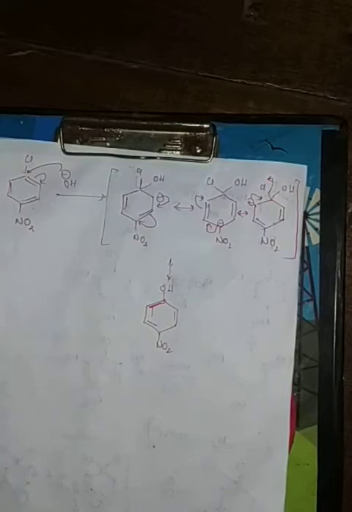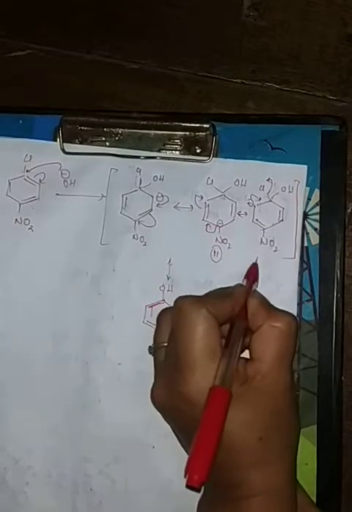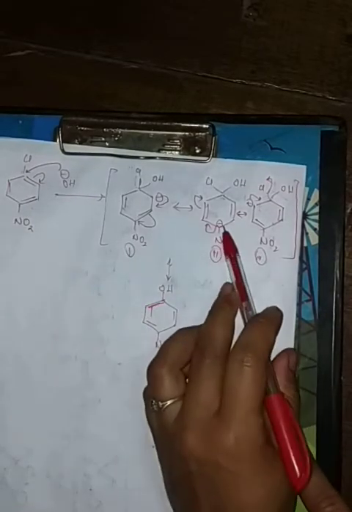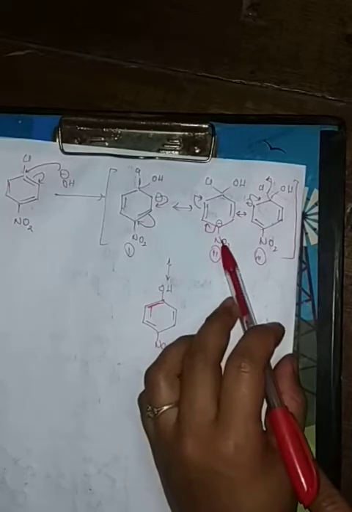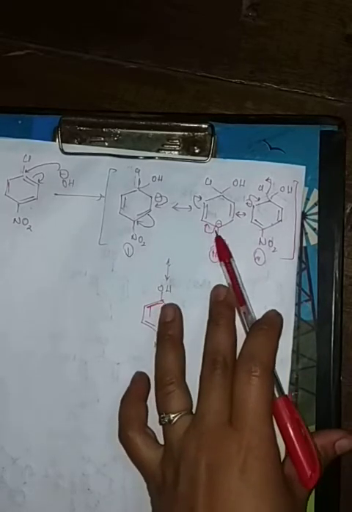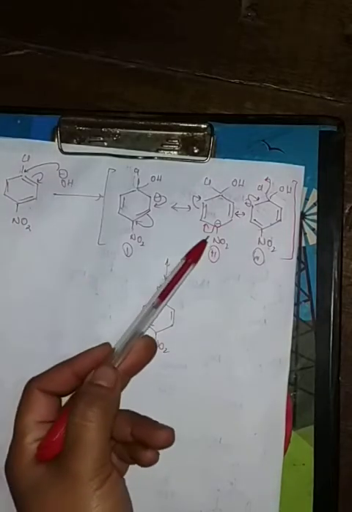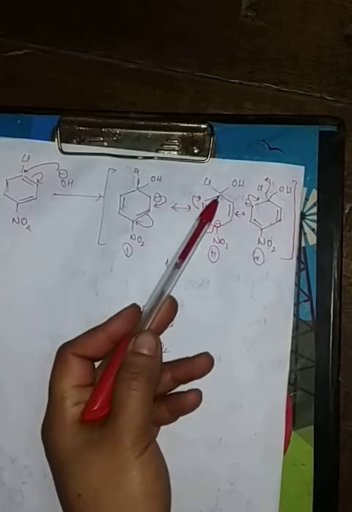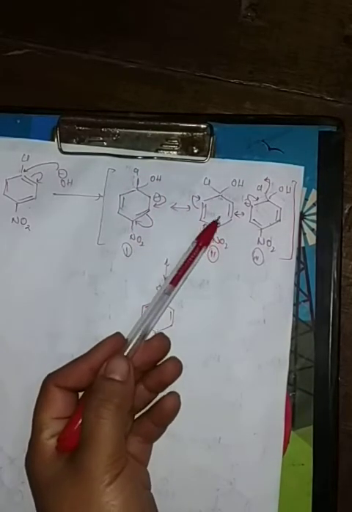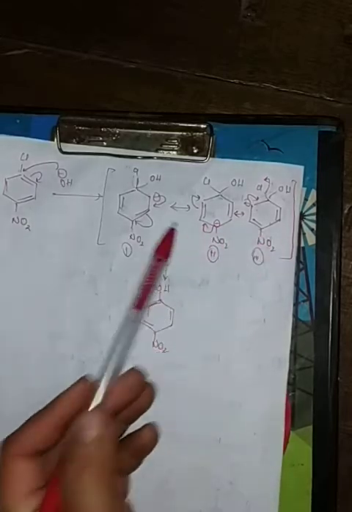Now here in the para isomer, in the second resonating structure, we will see that there is a negative charge on the carbon atom that is attached to our nitro group, and the negative charge appeared at the ortho and para positions with respect to the halogen atom. Here, the negative charge appeared at the para position with respect to our halogen atom. Thus, this carbanion is stabilized through resonance. Thus, the effect of electron withdrawing groups on our ortho and para isomers will be more profound,